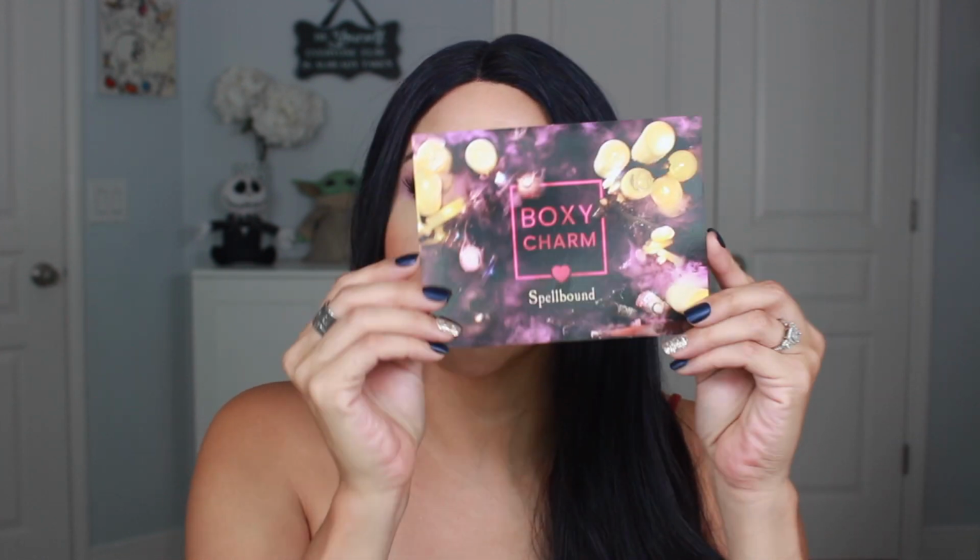Hey guys, so I have the Boxycharm Premium for the month of October. This is my not PR box. I didn't receive the PR box this month, and this month is Spellbound. Version 208 is my version, and the first thing in here is the Benefit Cosmetics Georgia Golden